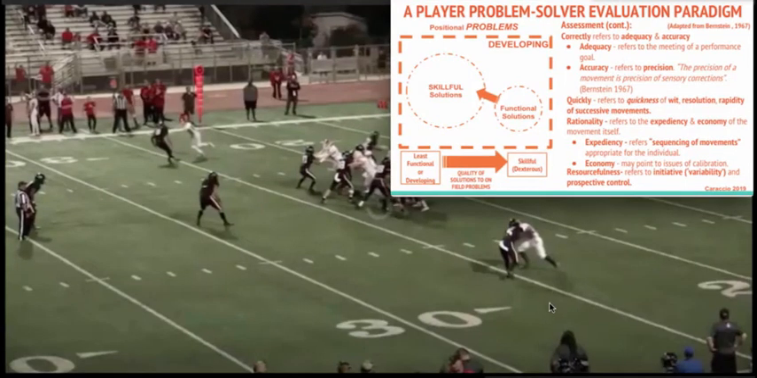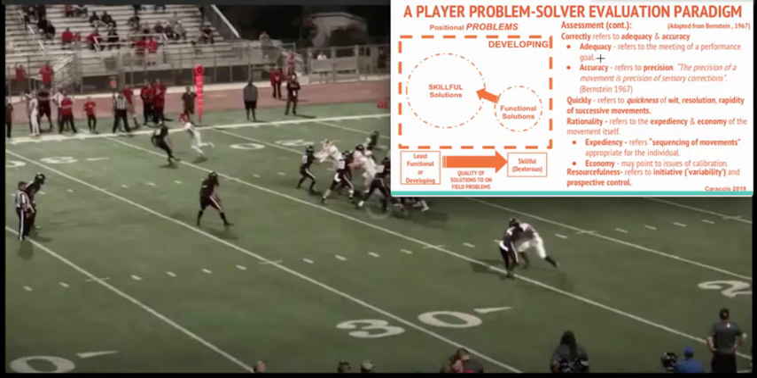So here's the player problem solver paradigm. And again, the player problem solver paradigm is all about looking at a player's performance on the field more holistically and not reducing them down to these individualized traits. So we want to look at their performance through this lens where we're asking whether or not the player took the problem on the field and whether or not they solved it correctly, which means there was adequacy and accuracy,